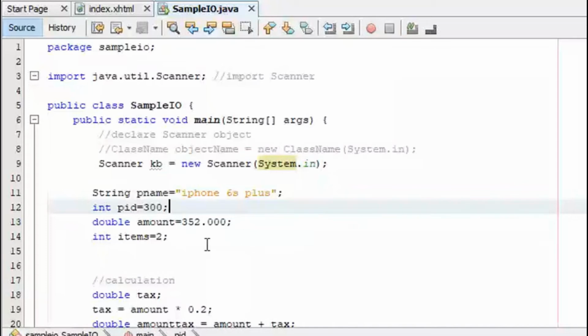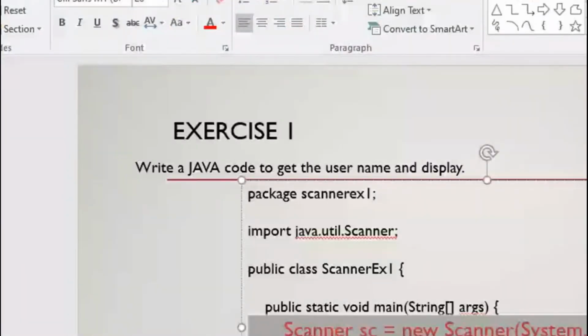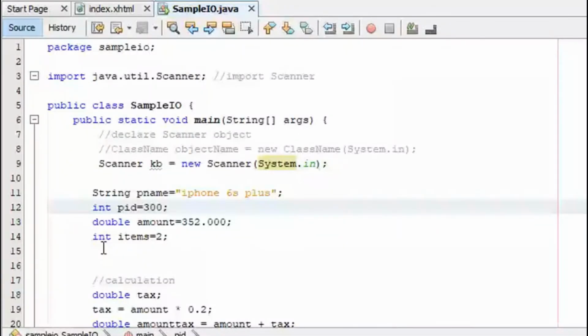What are the input methods we use? In the example we presented a while ago, the input method used was next. This is the input method. What is the syntax of the input method? The syntax is the object name, dot, the method name.